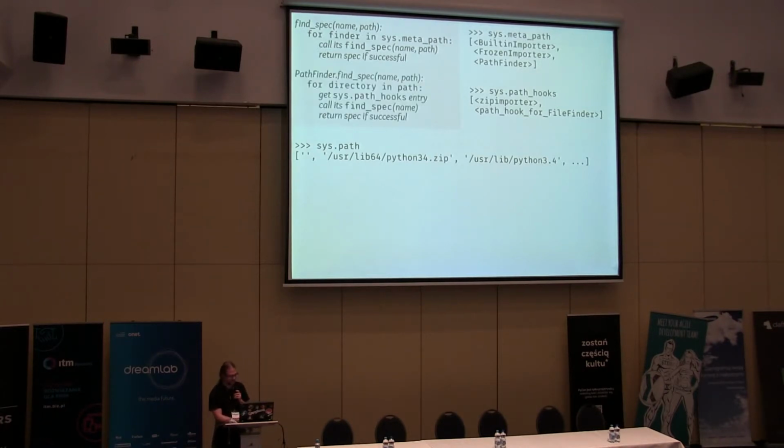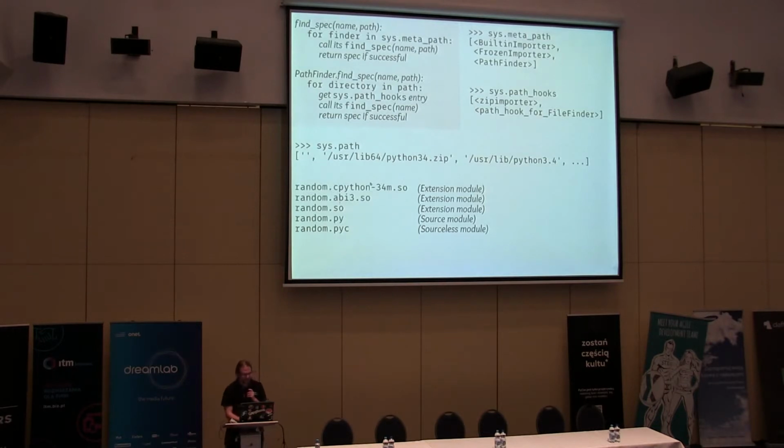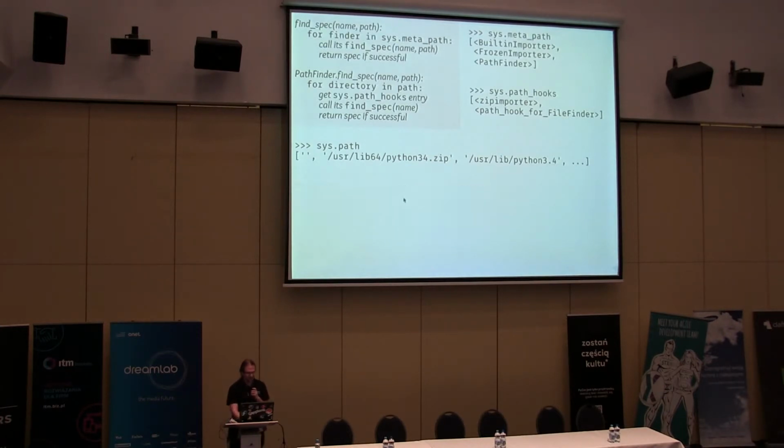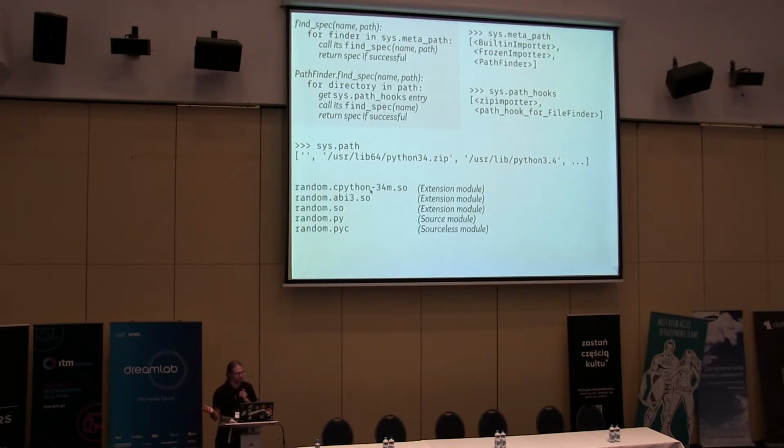And the file finder will look inside the directory for appropriately named files with these extensions we can load from. It sees a random.py, so it knows, this is a source module, you need to load this from source. If it was an extension module, it would have a different extension. It would tell you to load it as an extension module. Does that make sense? A little bit. Okay, yeah,